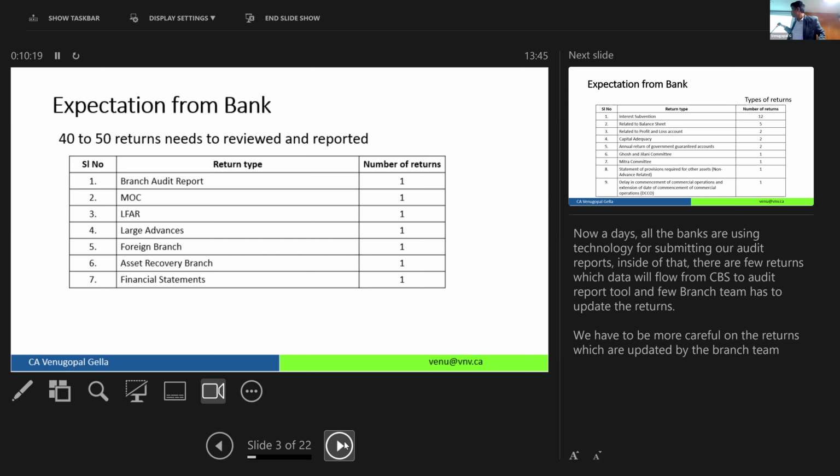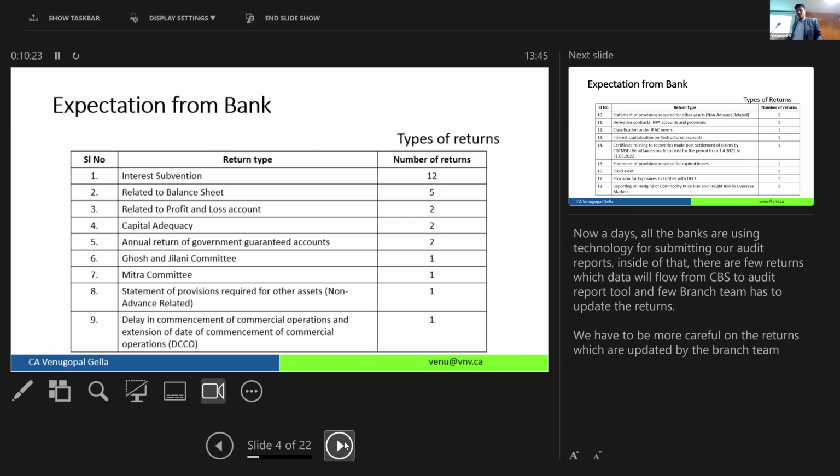So let's look into, other than this, what are the certificates that we are issuing. There are various types, and because mine is not a technical session, I'm not getting into the subvention details. There are 12 different types of interest subventions, depending on the bank and branch type. A common interest subvention could be education loan related or farming loan related.